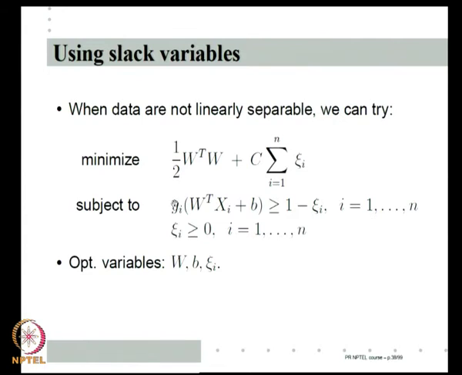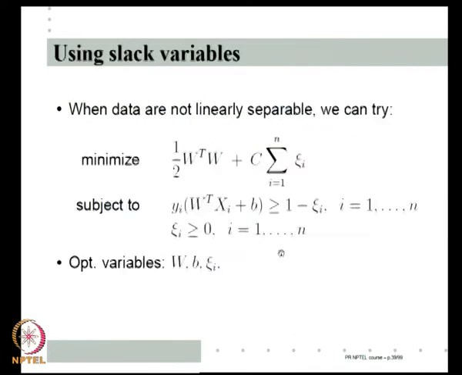If I have too much slack, obviously, you will take W to be 0, because you want to minimize this. You take W to be 0 and put everything into the slack. So, I do not want too much slack. The ji's are the slack variables, and I will penalize them. If ji are large, this term will be large. I am minimizing not only half W transpose W, but also the summation i equals 1 to n of ji. So, my optimization variables now are W, b and ji, where ji is ji1, ji2, up to jin. I added the ji's here, but I do not want too much slack, so I added a penalty here.